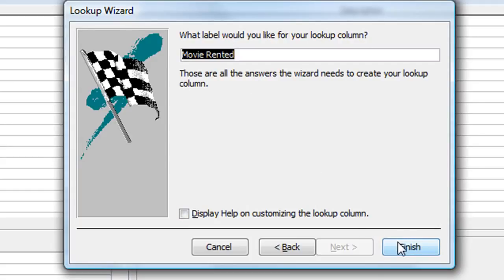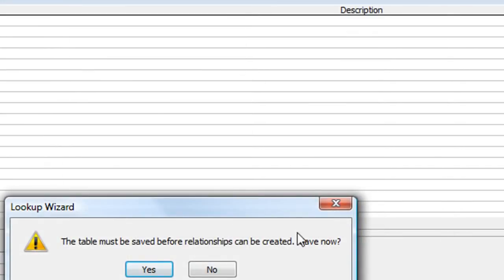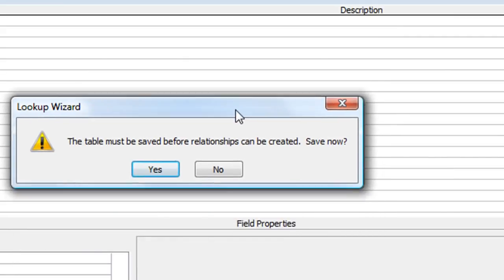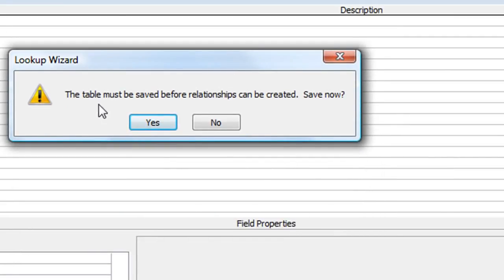Perfectly okay. Click on finish, and what will happen then is we'll get a warning message from Access which tells us that the table must be saved before it can create a relationship. So I'm going to get two warning messages here. The first one is to save the table, which is obviously a good idea, and the second one will be to say that I haven't actually selected a primary key for this table. So it'll go through the process of helping me create both those things, or save and then create the primary